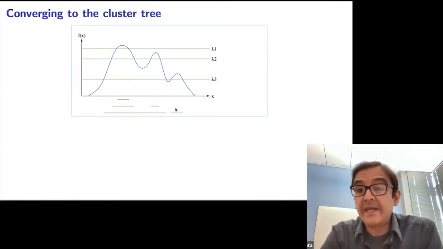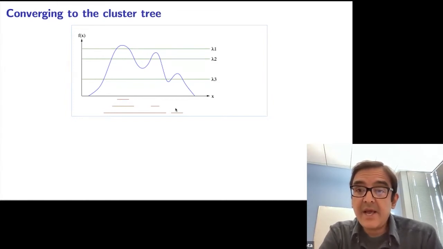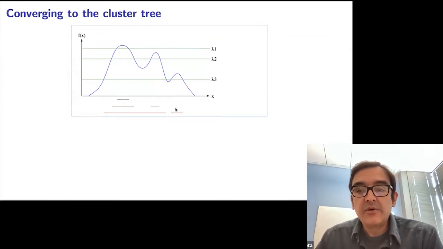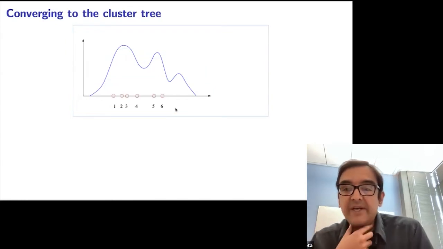And in this way, we get infinitely many clusters. And these clusters have the hierarchical nesting property. Any 2 clusters are either completely disjoint or one is nested within the other. And so they form an infinite tree, the cluster tree, okay? So it is this object that single linkage is trying to go for. Okay, and so let's look at how it is trying to do that.